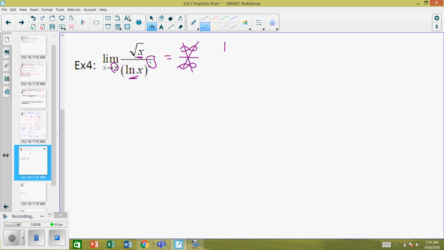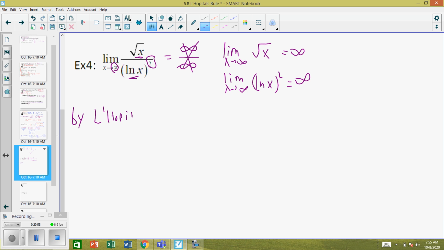The point we're making is we show indeterminate form by saying the limit as x approaches infinity of the square root of x equals infinity, and the limit as x is approaching infinity of ln x quantity squared equals infinity. And because it's infinity divided by infinity, that's indeterminate form. So then what we say is, by L'Hopital's rule, by L'Hopital's rule,